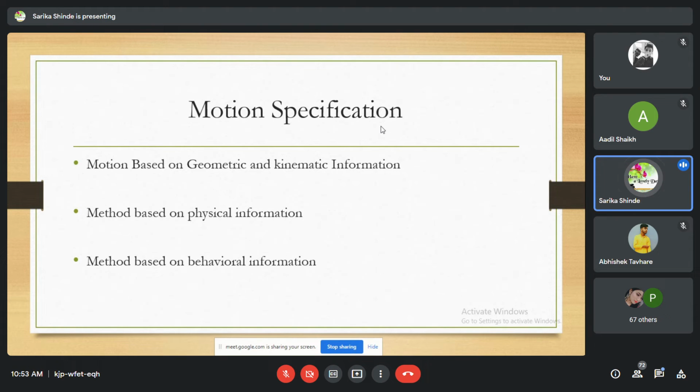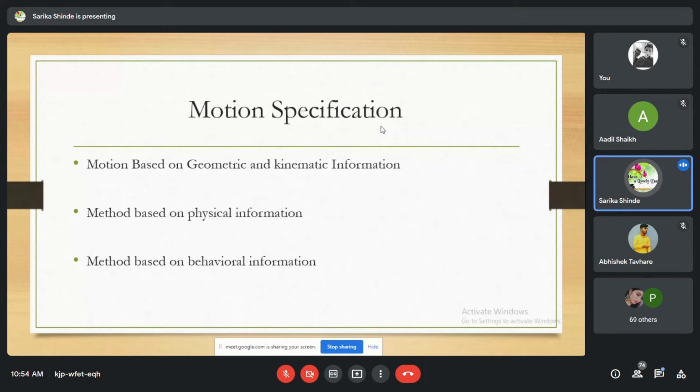Now we see some overview of second method, that is method based on physical information. Movement of an object under external force forms the physical modeling of the motion. Dynamics are physical modeling. In this method, the physical data is provided by the animator. The motion computation is done by solving the dynamic equation. Where motion is globally controlled, these classes of method are further classified as parameter adjustment and constraint based method.